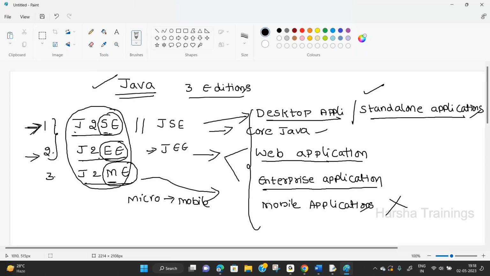You can take any application in the world, and it comes into either the category of desktop, web, enterprise, or mobile. That means by using Java, you can develop any type of application. That is the reason Java becomes most popular.